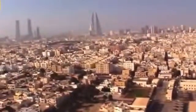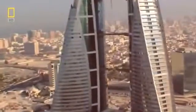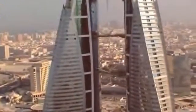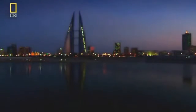It's hard to say if wind-powered skyscrapers will become a significant trend. But the team has proven that it's possible. I'm sure that architects in the future will consider wind turbines as an option, because now it's been done once, so why not do it again? Perhaps the Bahrain World Trade Center's greatest legacy will be symbolic. The most important message that the building has